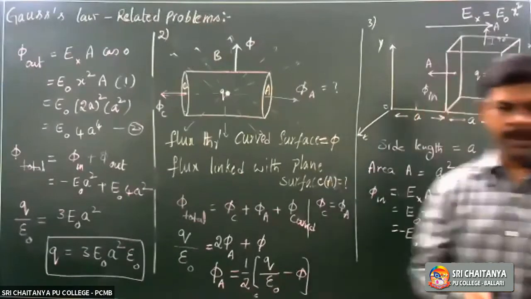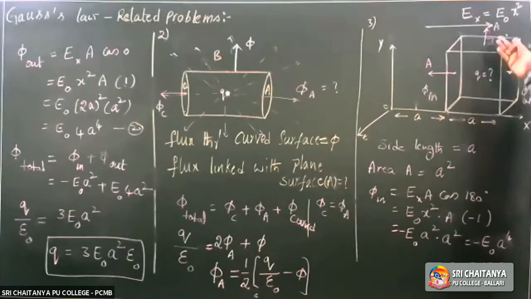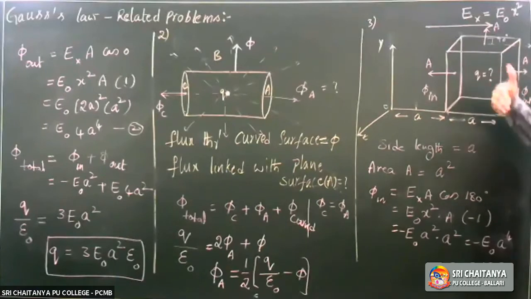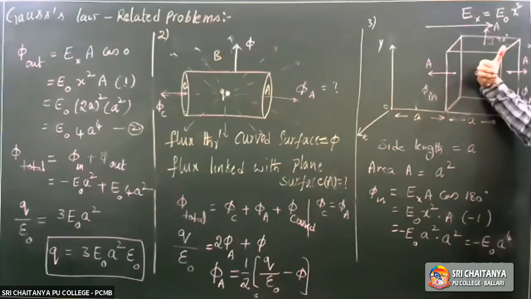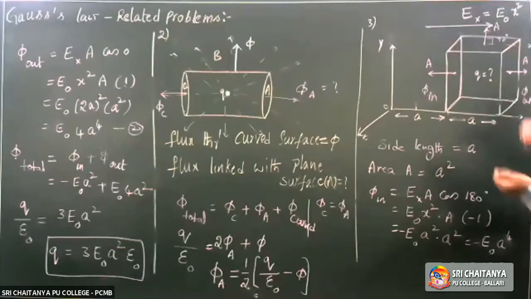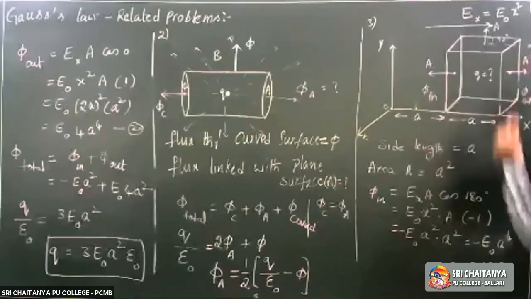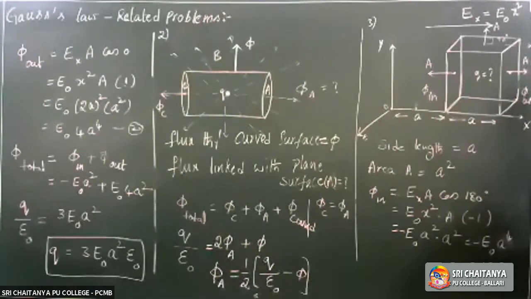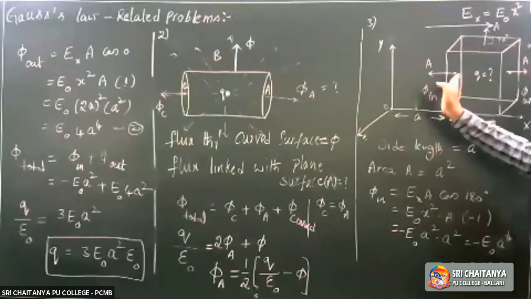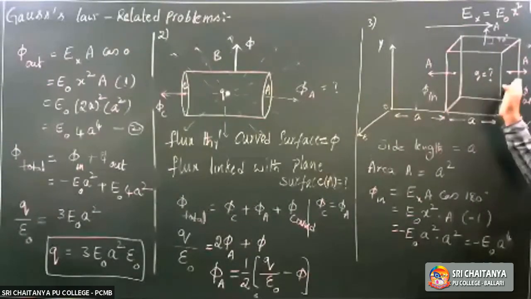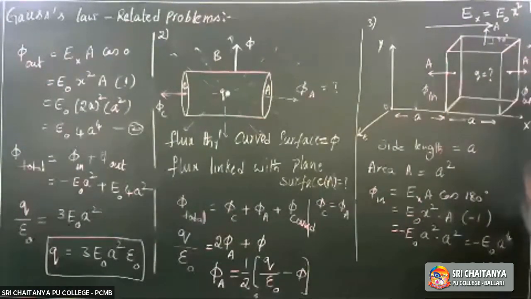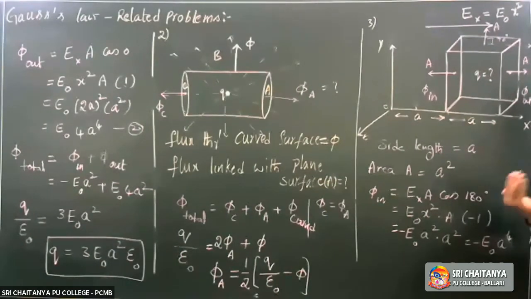Disturbance happened. Well, somebody asked, what is the flux through the back faces, sir? This face and that face. Even for this face, the area vector is like this and the field vector is like this. Area vector in this direction, field vector along the x-axis in this direction, 90, so no flux. So whenever the field is acting in this direction, only through these two faces do electric lines pass through. Okay, for all the remaining faces, flux is 0.